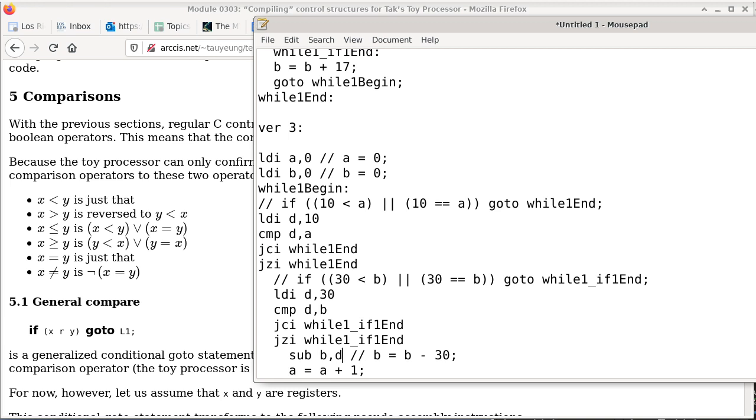Now, what if you say, I'm not so sure if 30 is already in register D? Well, you can do another LDI. It just uses some additional space, it slows down the execution a little bit, but it doesn't hurt. What about this guy here? We're adding 1 to A. That one is way easier because we do have the increment instruction to basically add 1